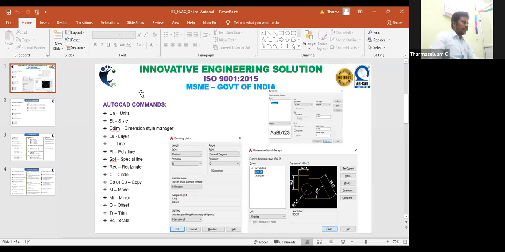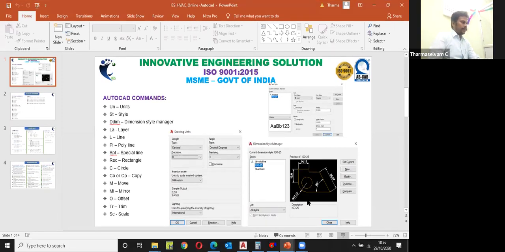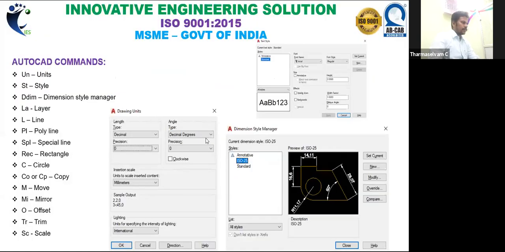So you can see here, these are basic AutoCAD commands. So this is the unit. First, when you start the diagram, you have to set the unit, whether SI unit or